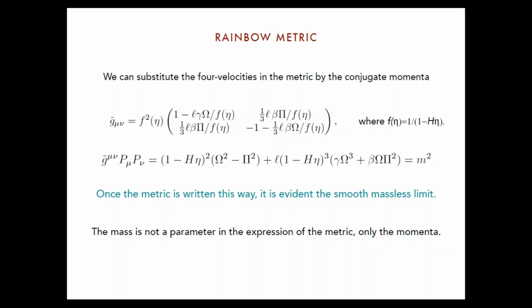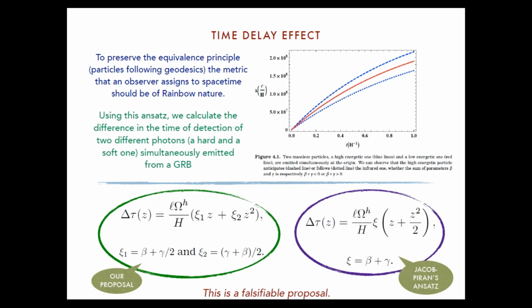So we wanted to give a step forward, and we considered some possible phenomenology for that. And we followed the intuition that to preserve the equivalence principle, that is, particles follow the geodesics of that space-time, the metric that an observer assigns to the space-time should be of rainbow nature. Therefore, using these insights, we calculated a formula for the time delay that measures the difference in time between the arrival of two photons that are simultaneously emitted from a GRB. And we found